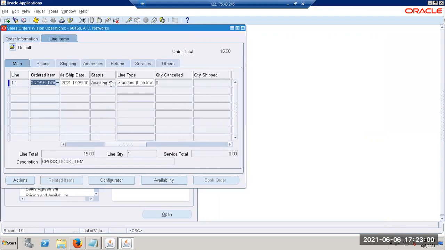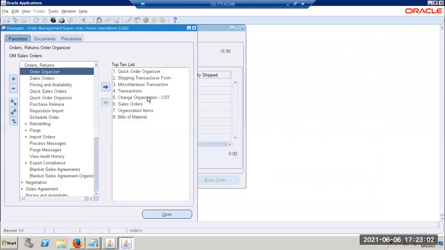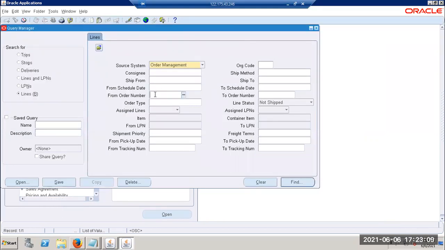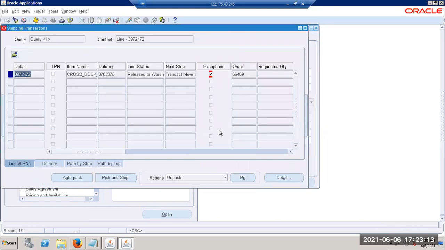Awaiting shipping. Yeah, this is good. I think it changes only at the shipping level, once you perform picking, then it will show. Release to warehouse. See, it has displayed release to warehouse. Allocation has happened.